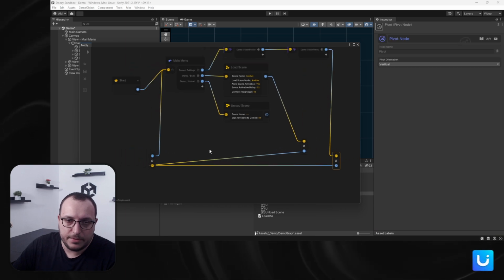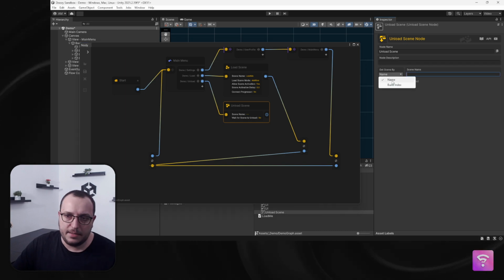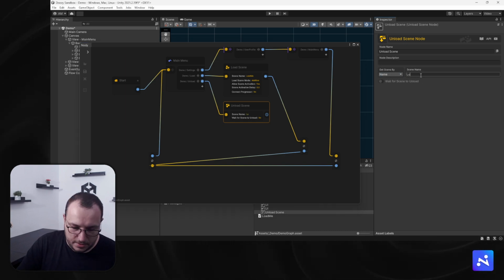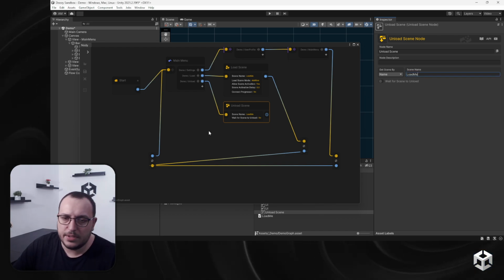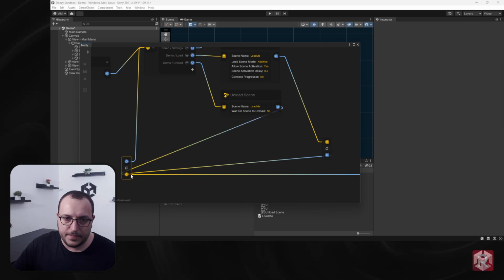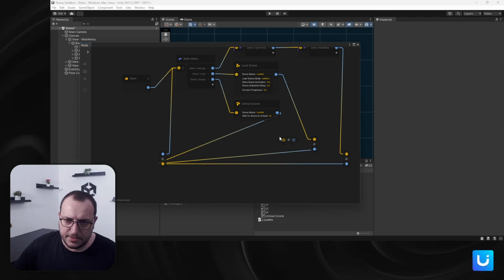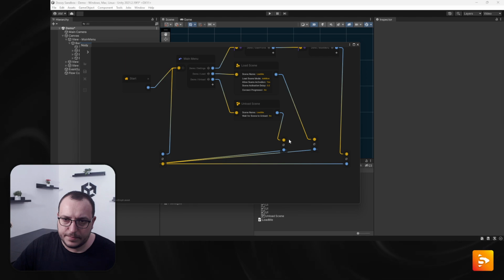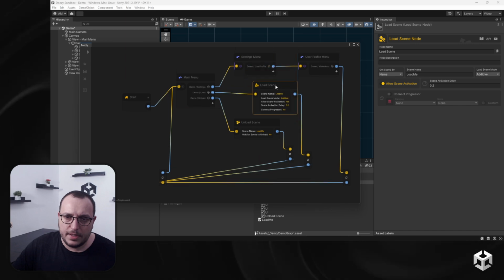All right. So again, what scene am I unloading? Well, by name, I'm unloading load me. All right. And I can also wait for scene to unload. It's not the case here. Again, actually, I can connect this right here and not wait. Let's add one more pivot just so it looks nicer. All right. You don't have to do it like this. I like to do it like this because it's easier to see. And yeah,